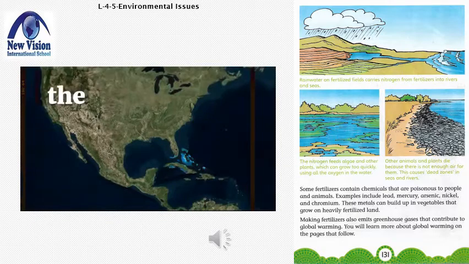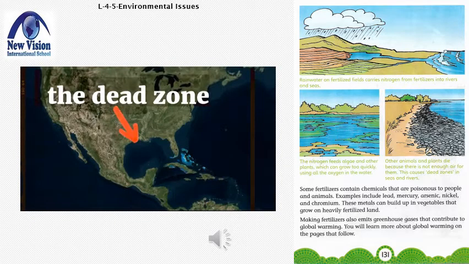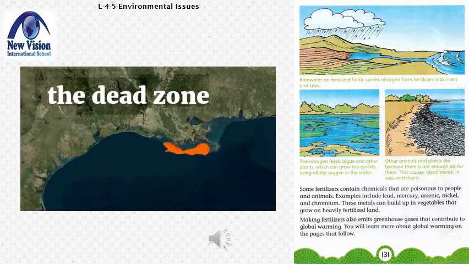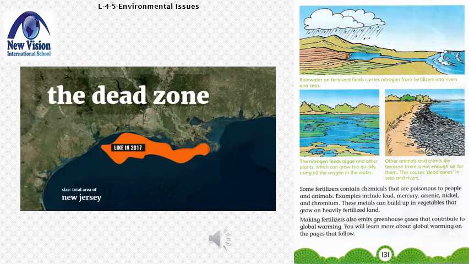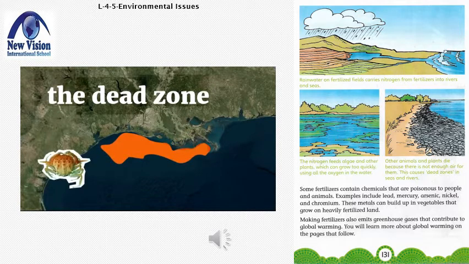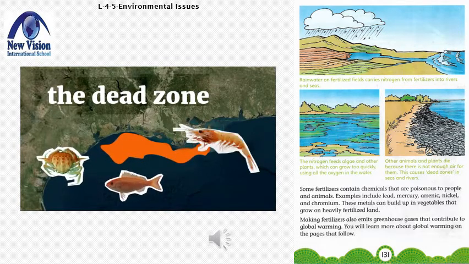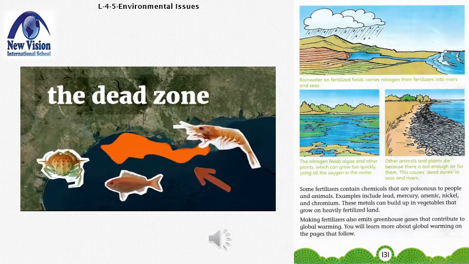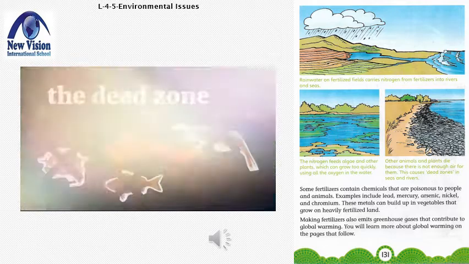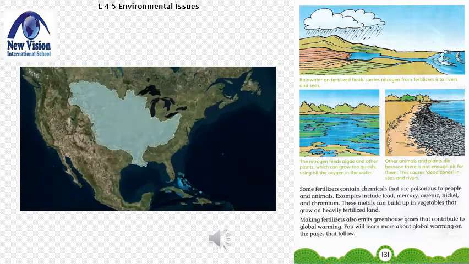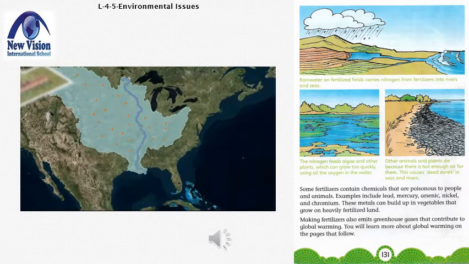Every summer, something called the dead zone forms in the Gulf of Mexico. It ranges from the size of Delaware to the size of New Jersey. It's a massive patch of water that doesn't have enough oxygen for sea creatures to survive. If you are a crab or a fish or a baby shrimp caught in the dead zone, you die. The problem starts thousands of miles away. When fertilizer gets applied to farmland, some washes into the Mississippi River, where it will fertilize algae.